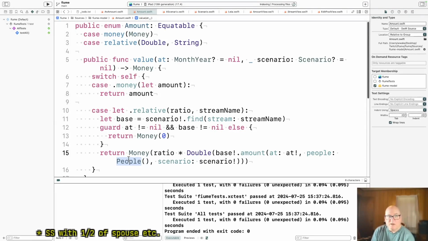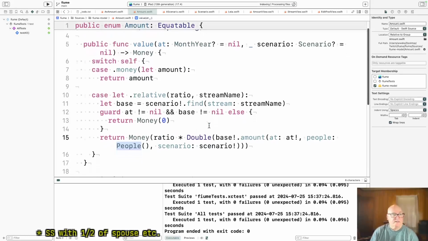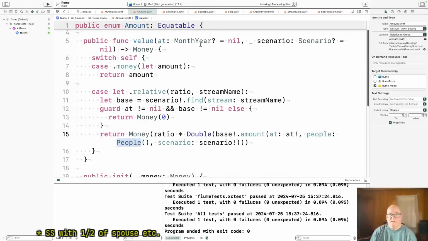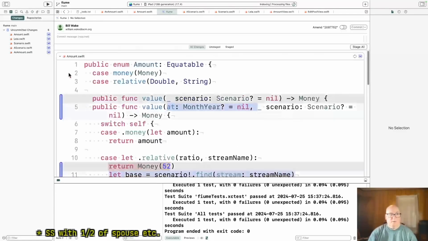My alternative is I could give amount a static field and put the people in there. Scenario, I don't think you can escape, but I hate to pass that around. Like I've got to pass around the month, year, the people in the scenario. That's not so good. Okay, so what we have working then,